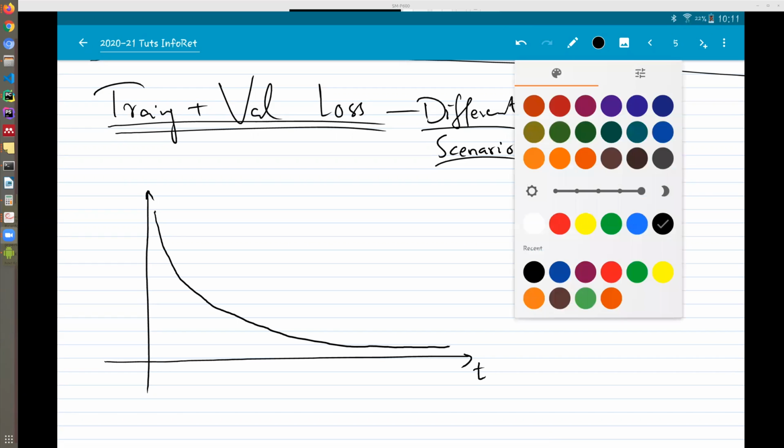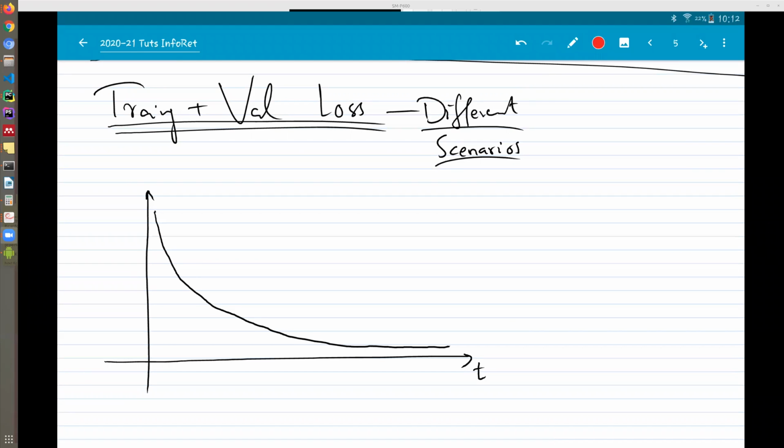So I will represent training loss with a black curve, and test validation loss with a red curve in this lecture. I hope I will stick to this. Yeah, let's see. So this happens when our model is learning, and now if we also plot the loss for the validation case, it will be something like,